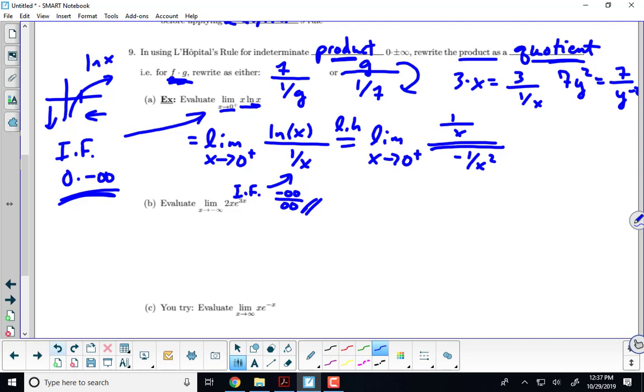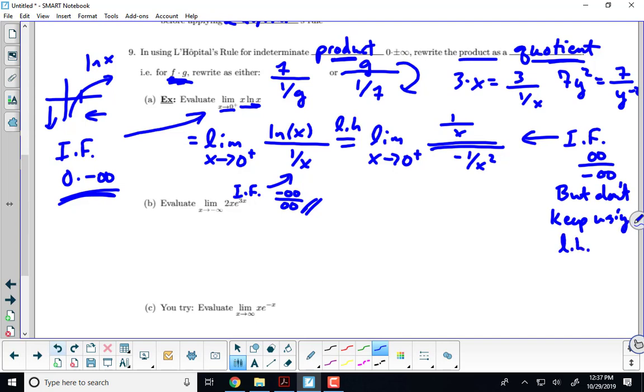Now is the time to make a really important point. Notice that this still has indeterminate form, in this case infinity over minus infinity, but don't keep using L'Hopital's rule. L'Hopital's rule is a powerful tool, but it's not always the best tool in a given circumstance. Even though I could keep using it, because it still has one of the appropriate indeterminate forms, I'm just going to go ahead and simplify this